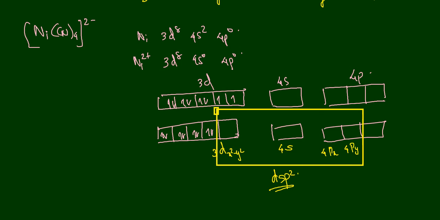But here we can see that the hybridizations possible here and there are different. And this depends upon the symmetry of the molecule. Okay, so I hope you understood this also,